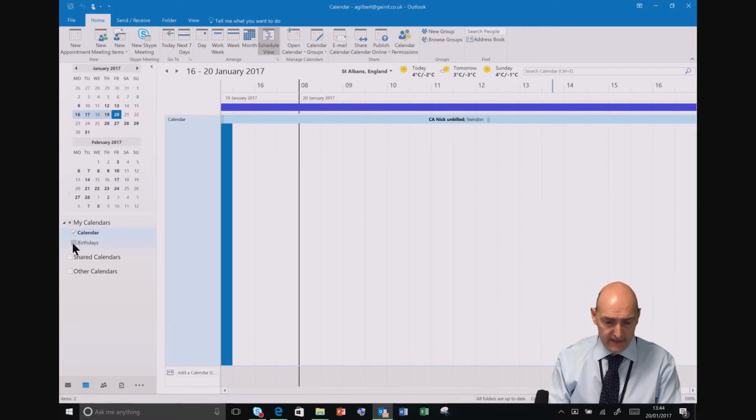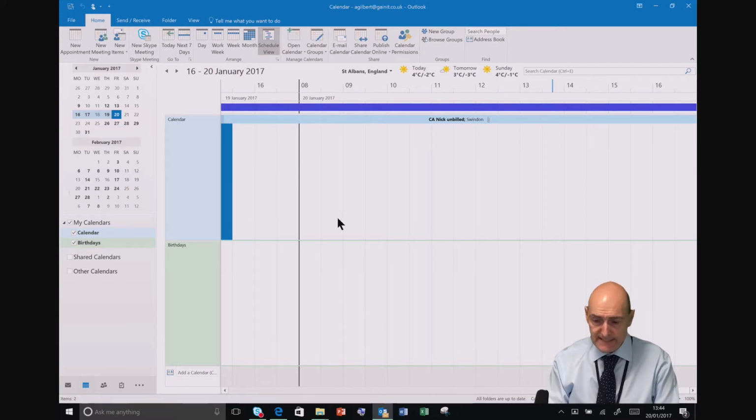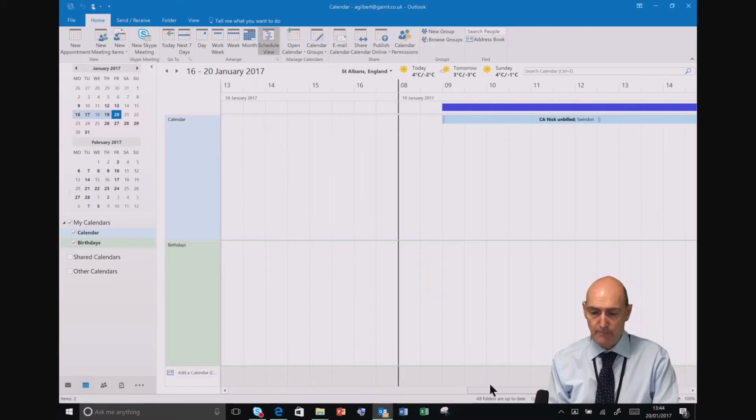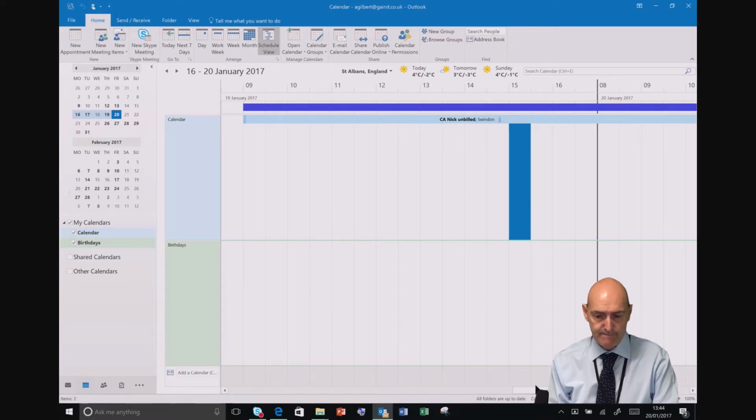I've also got a birthday calendar there, so if I bring that one in schedule view, you can see it stacks them up this way. It gives me a bigger real estate. I can actually scroll back and forth and view those appointments in that way. Line them up. I'll have a look at turning off the schedule view. It's going to take me straight into side by side,